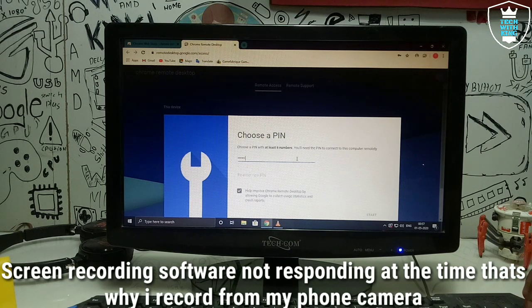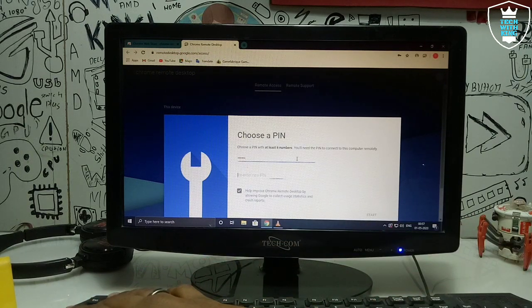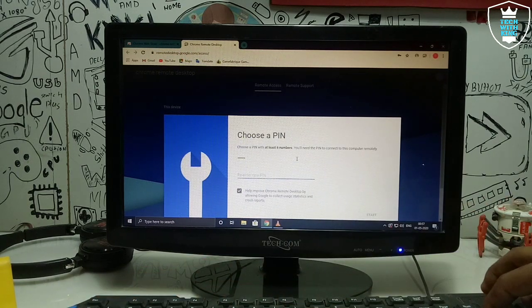So I'm going to enter a PIN. Make sure the PIN is at least 6 numbers. As you can see, I have entered a PIN, so just click start.